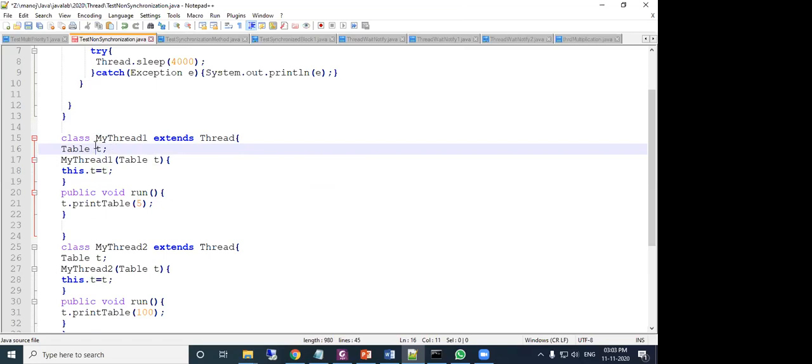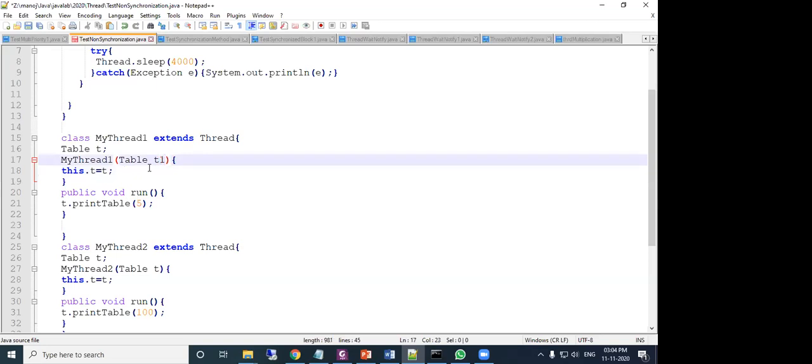This is not an object, this is called a reference, because we have not used new. Then this is your constructor where I am getting a Table type t, and that t is assigned to this.t. If you are confused, you can name it t1. So t1 will be assigned to this.t.